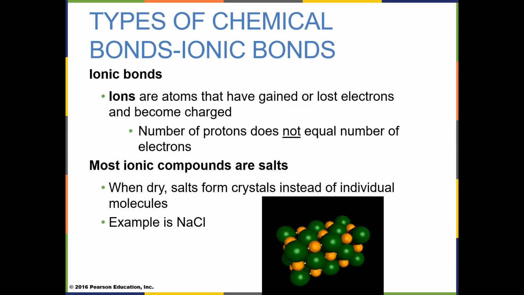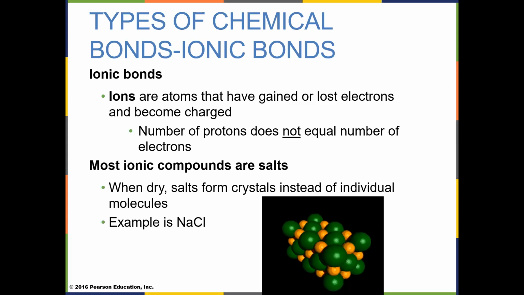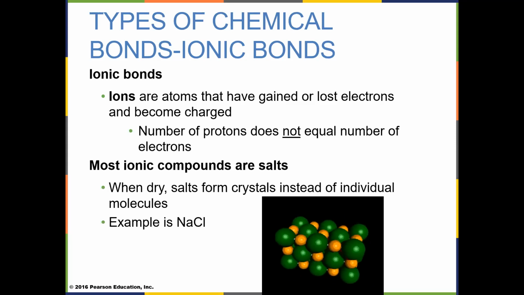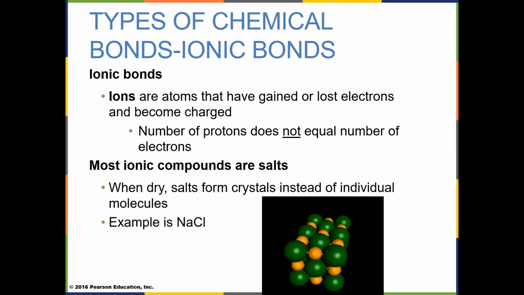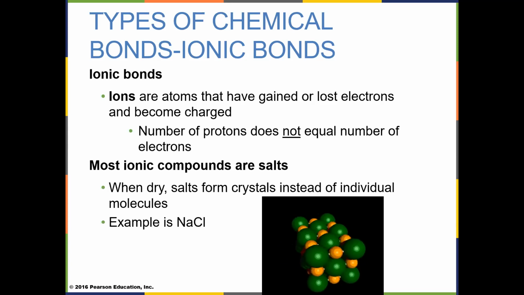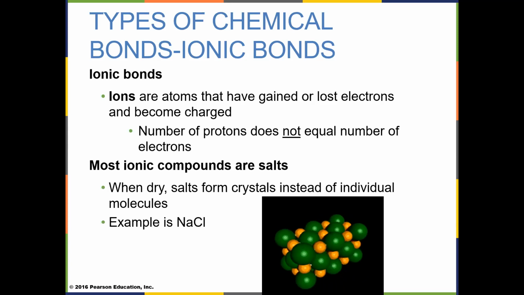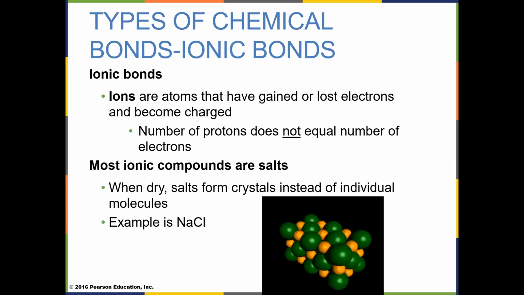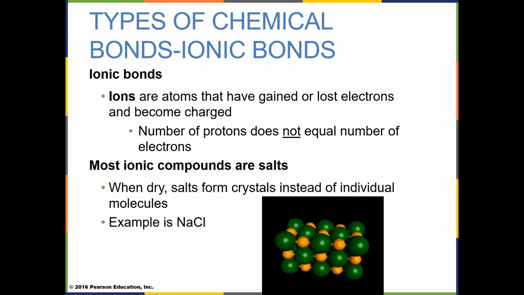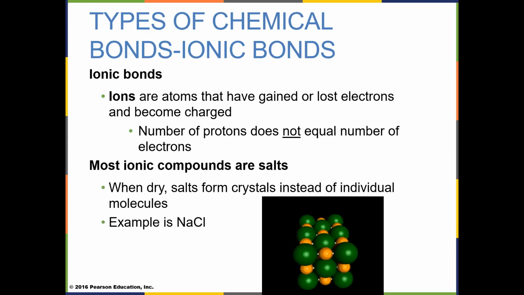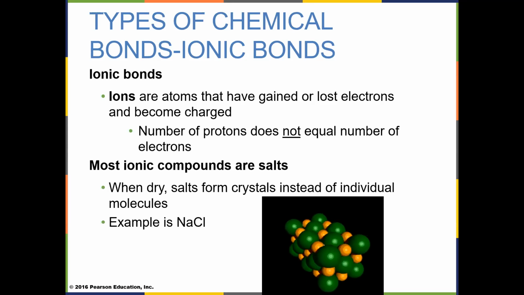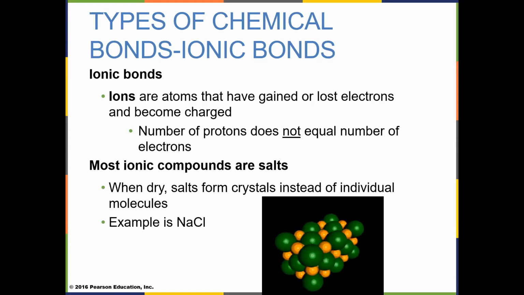For example, sodium, 11 protons, 11 electrons. If it kicks out the 11th electron, way out there in the third shell, all by itself, not feeling any love from the nucleus. If sodium were to kick out that 11th electron, it would only have 10 electrons. Still has 11 protons. 11 protons and 10 electrons. The positive charges outweigh the negative charges. You have more positive charges than negative charges. So sodium now is no longer an atom, it's an ion, and it's a positive ion.